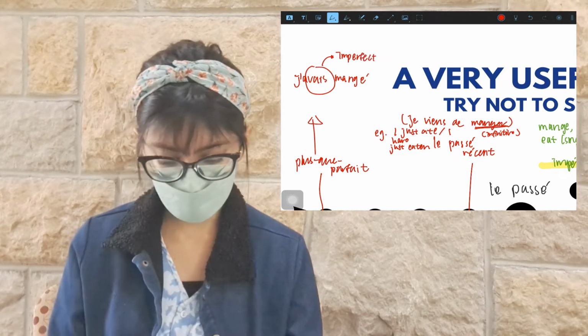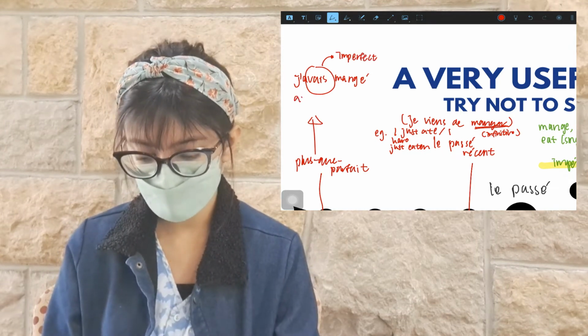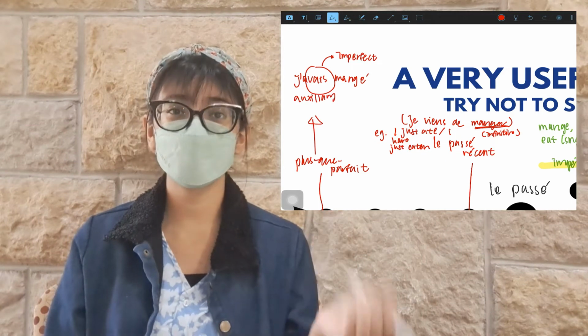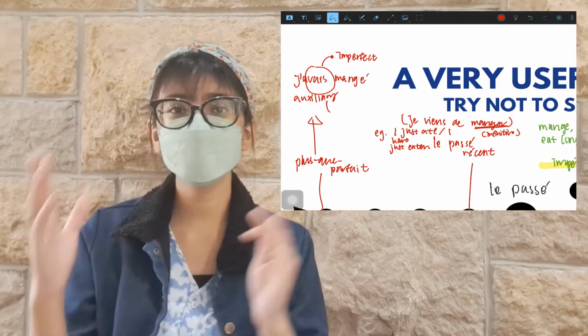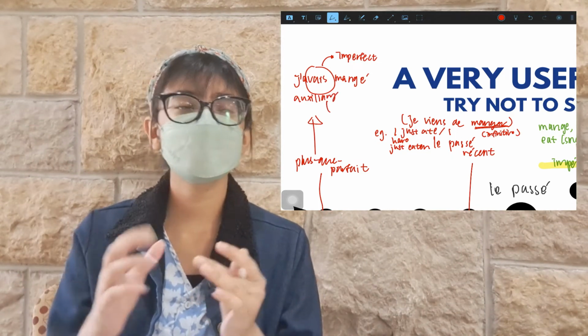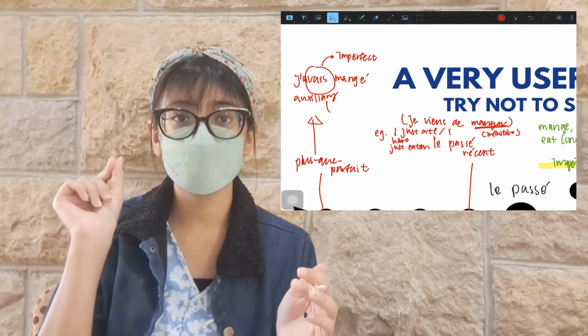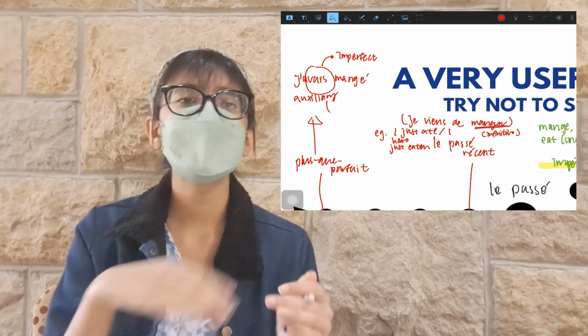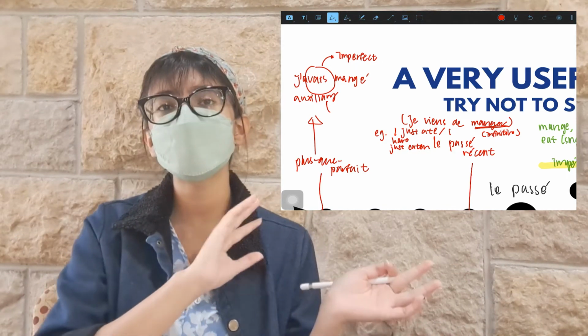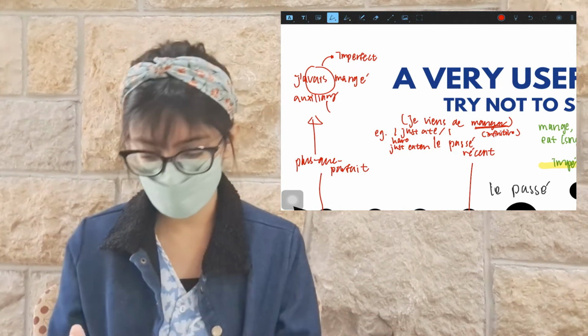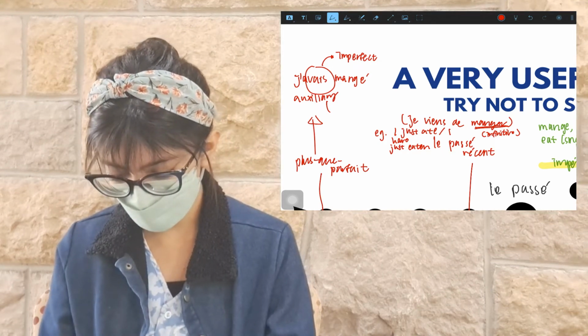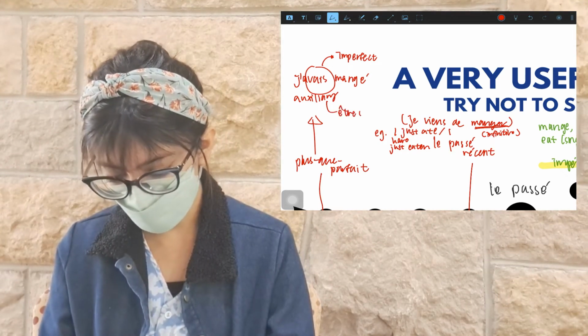So in this situation, we will have our auxiliary, but the auxiliary will be in your imperfect tense. Être and avoir are the auxiliaries, so you need to conjugate the auxiliary into the imperfect. And then your past participe is the same as in your passé composé. So the auxiliary will be either être or avoir.